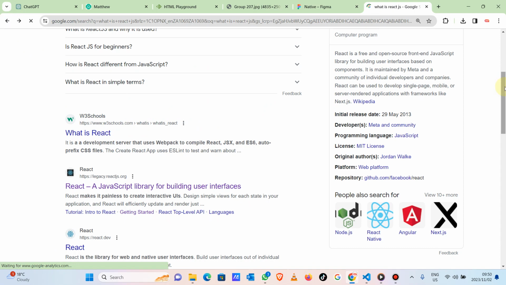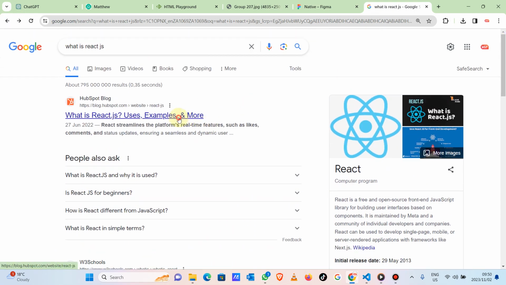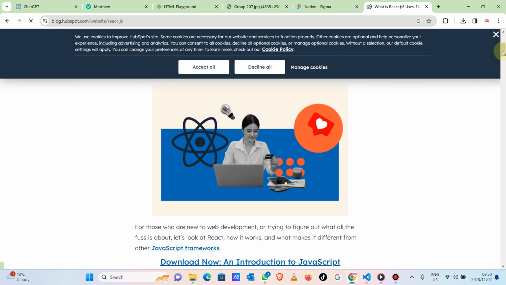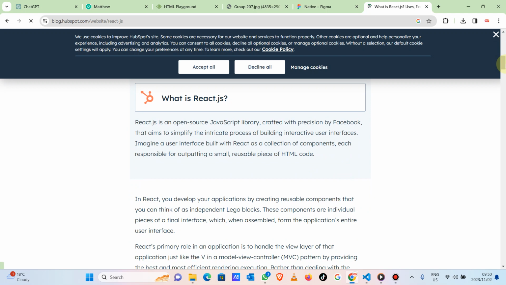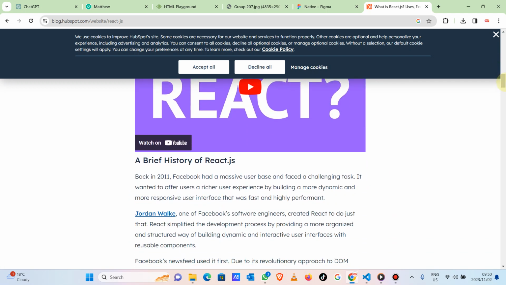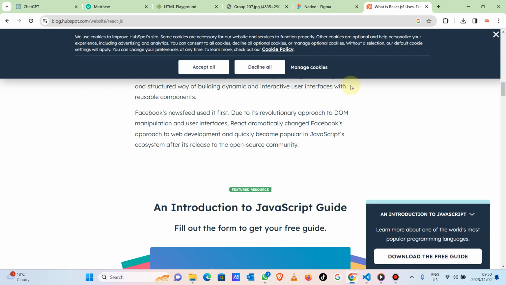I just want a definition, just a simple definition of what React is. If not, maybe I'm just going to explain it the way I want to. My apologies about that.